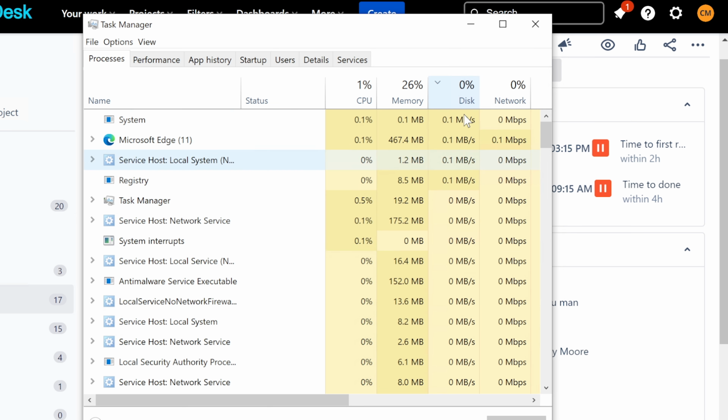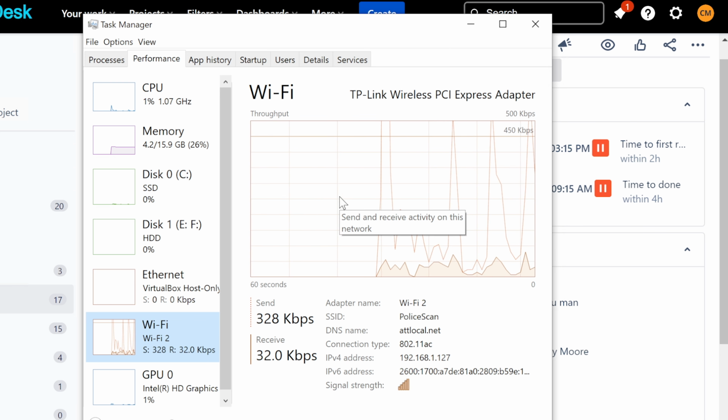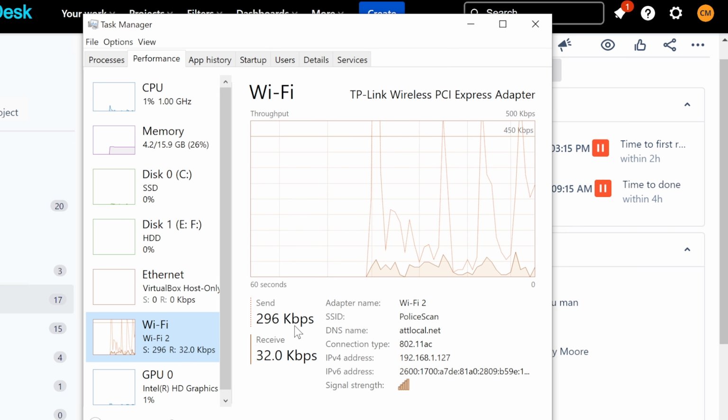If you look at this column here, you'll see a lot of writing. This is almost nothing here. This is just happening because Edge is open and just system processes. You could also look at the performance, see if there is anything going on that stands out, like let's say you're running out of RAM or something like that. Also check the network speeds to see how fast it's going, and see how much is being used,